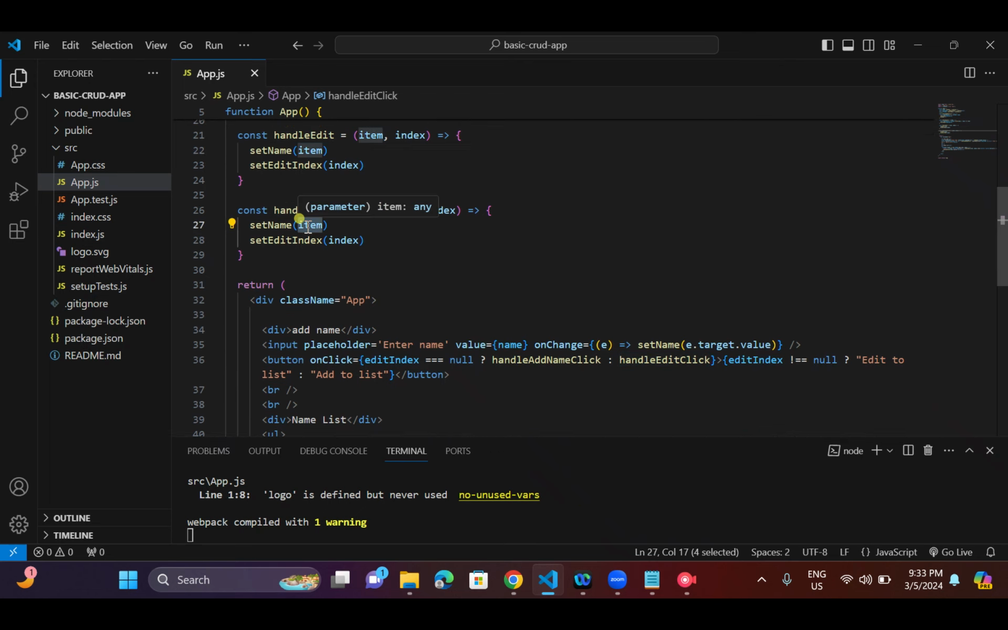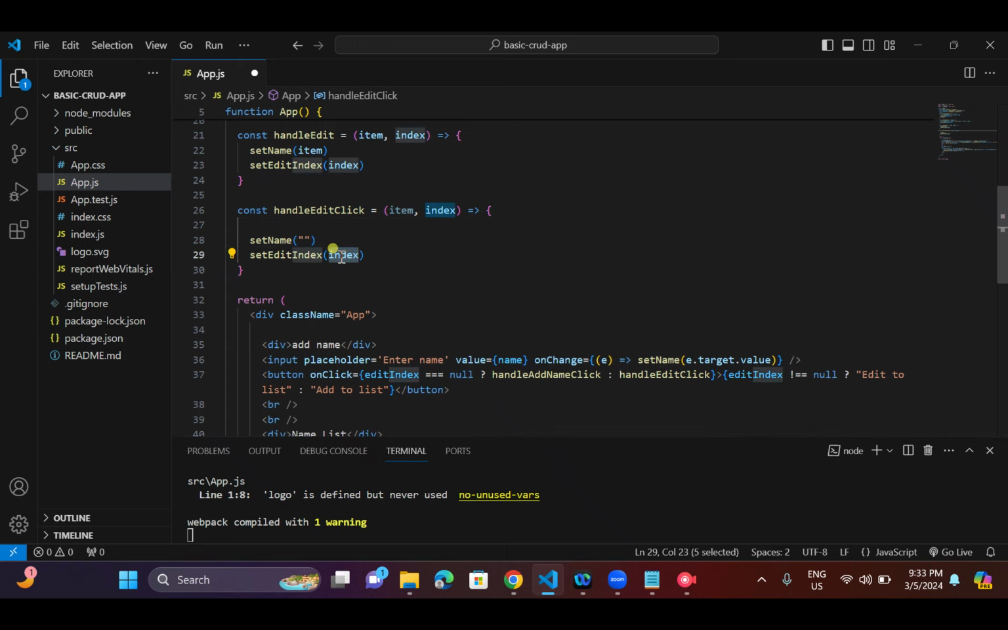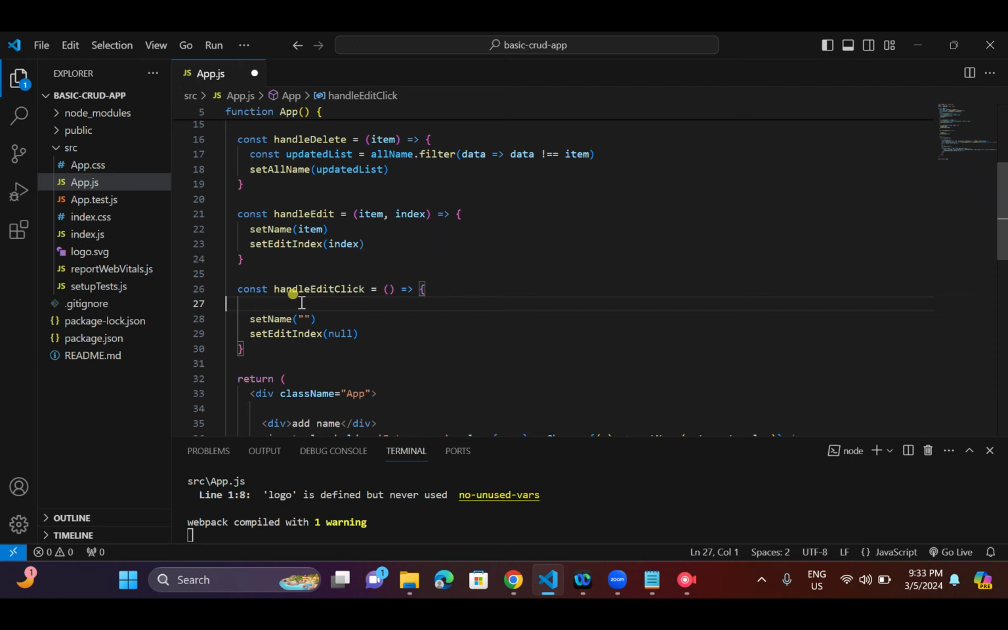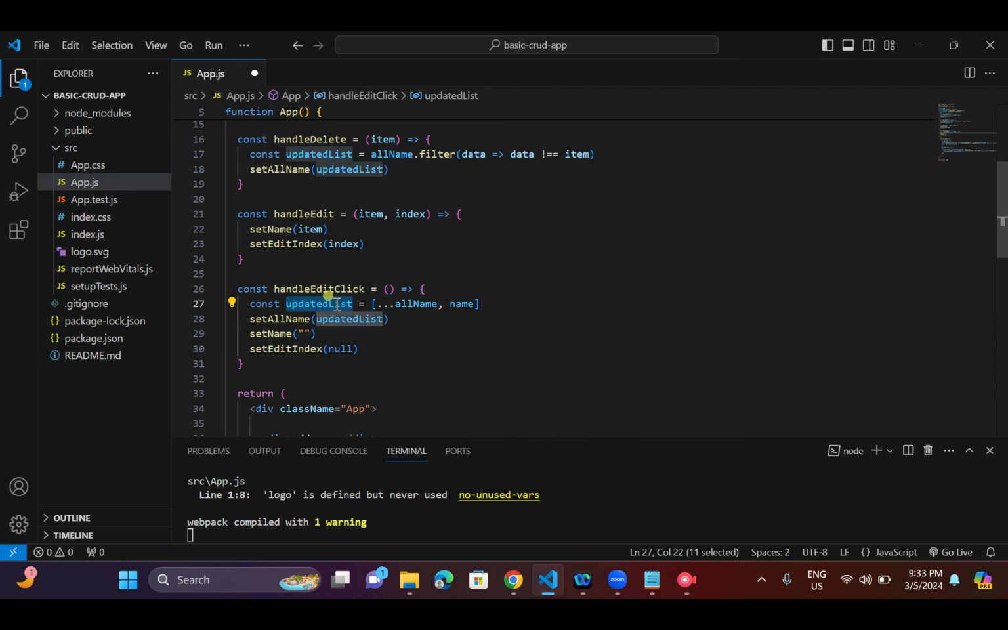functionality. When edit functionality is called, we need to set the name again to empty, but after everything is done, first of all, set the index equal to null, because again we need to show that it is the add part. We are not going to receive anything, so over here we will do the same, just like what we did in add. I will copy paste it, but we don't want this,